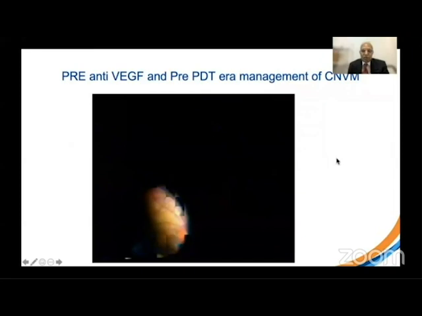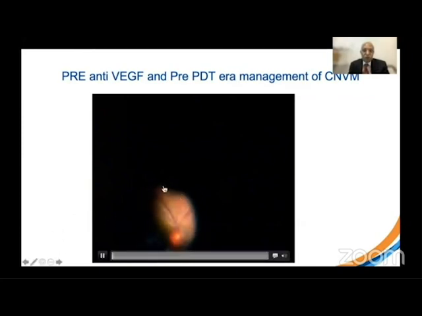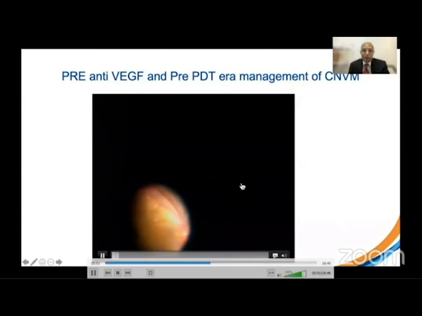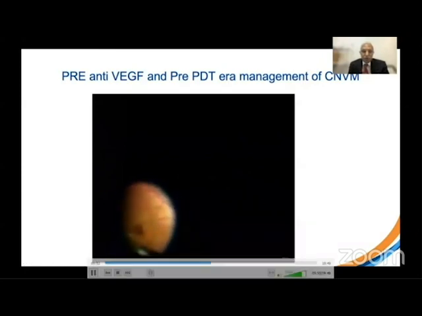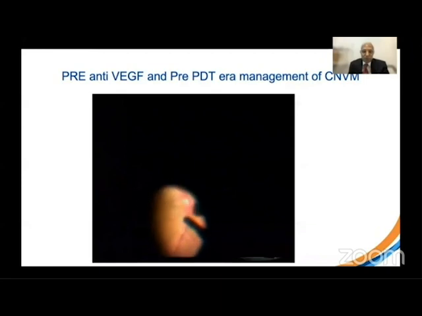The same holds good for the treatment of choroidal neovascular membranes, which is now currently done with intravitreal injections even by general ophthalmologist. But in the pre-anti-VEGF era and pre-PDT era, treatment of these were extremely difficult. And very often we ended up not offering them any treatment. Although some people even directly destroyed the macula along with the CNVM with photocoagulation. In this video, I show the submacular surgery which was sharply in vogue because of the inventions of Matthew Thomas, wherein he